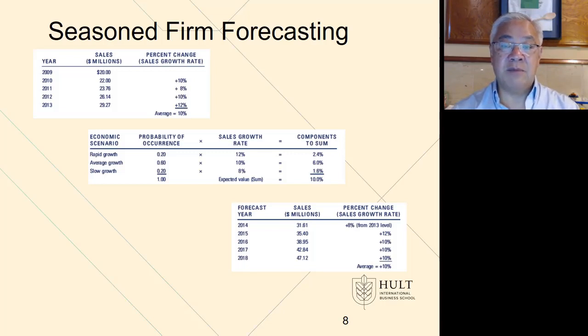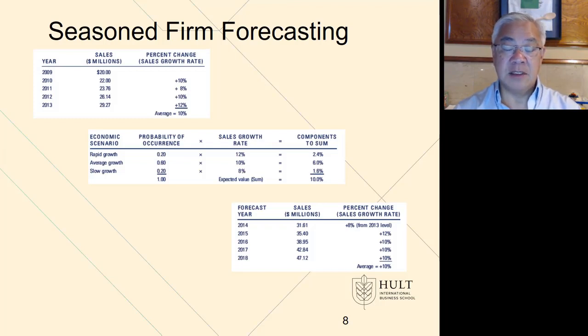This does not reflect the probabilities that we saw from the prior 4 years. This is our forecasted probabilities that we're even more likely to receive 10% than we had in the last 4 years. And if we do the expected value, 12% growth rate times 20% is 2.4. You sum those components and you get to an expected value of 10% for the firm. The long run view of this is 10%,